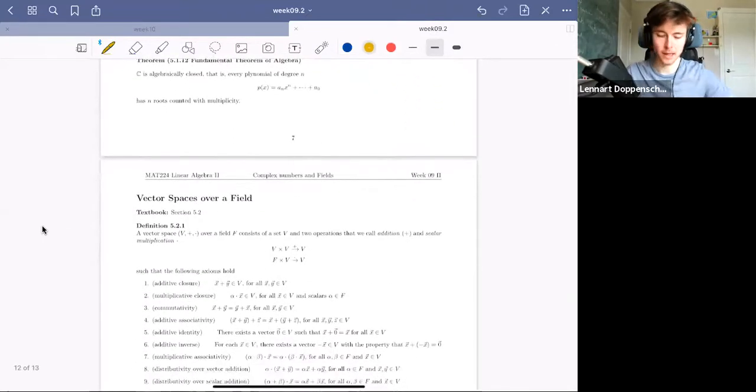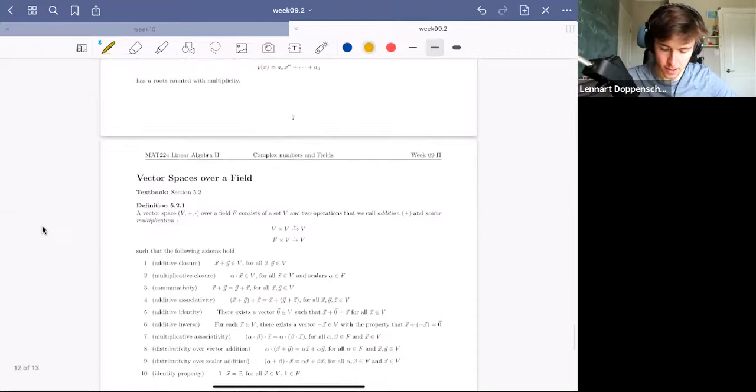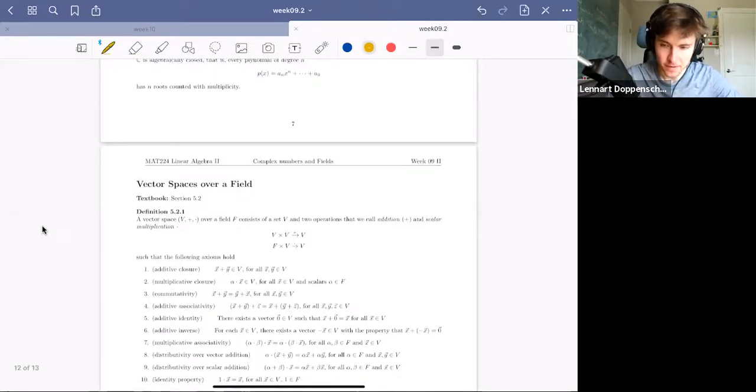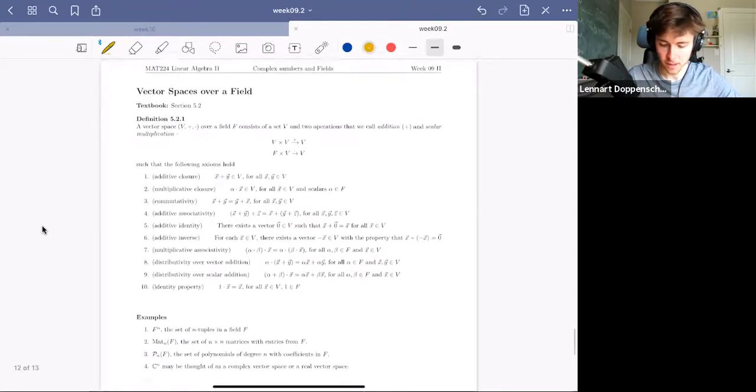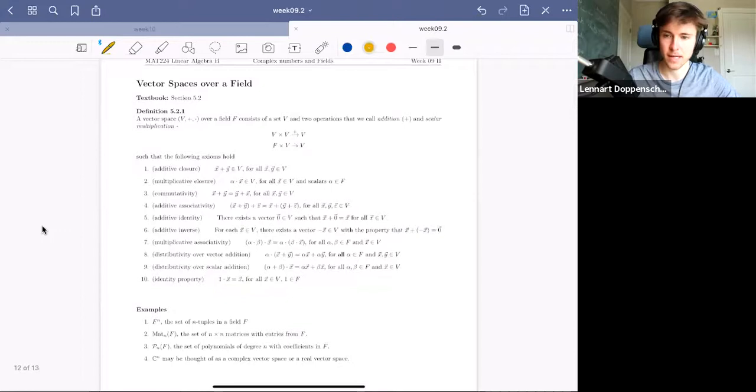Now the last thing that I want to say in this subsection: a field has been defined so that we can replace the real numbers with it. Think about the real numbers, and we've also talked a little bit about the complex numbers, as prototypes for nicely behaved sets with operations. Nicely behaved is just another word for having axioms that they adhere to. So a vector space can be built over a field and not just R, because a field has all the nice properties that R has. And as you'll see, these are exactly the same